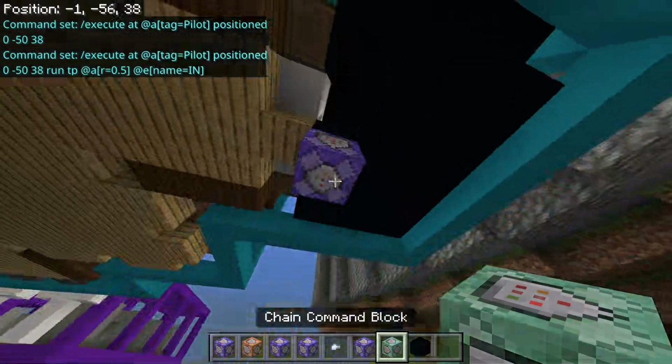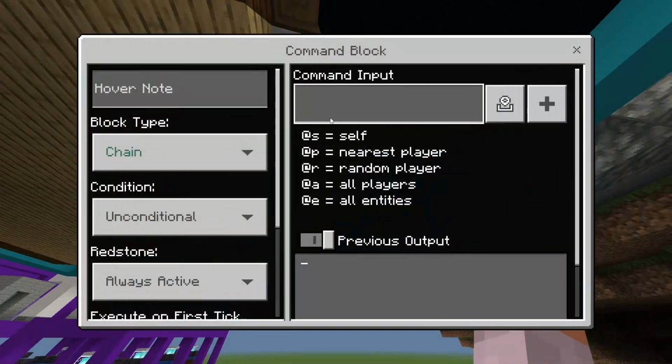Then you're going to need a chain command block beneath it. Then you need to do /execute at @e[name=in] run TP, or if you want to be more posh, teleport if you want to do that, @e[r=1]. This probably will not work, I hope it works. And you are going to need a command and name equals in,